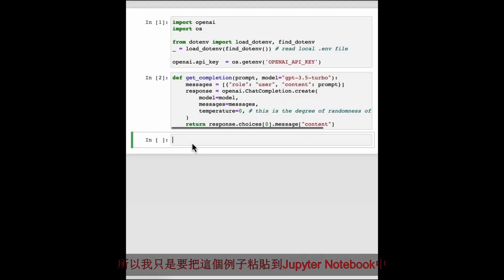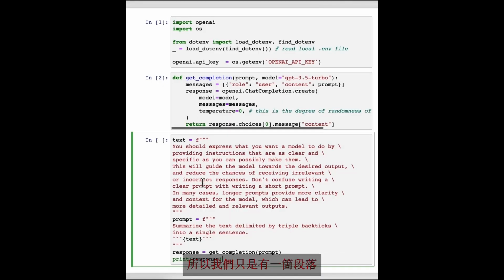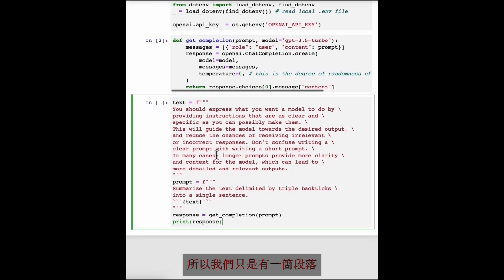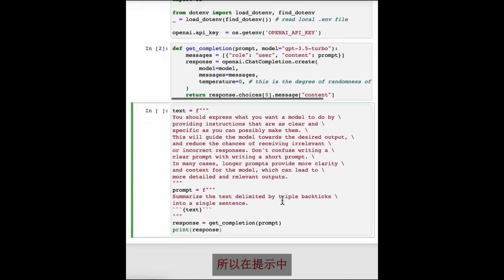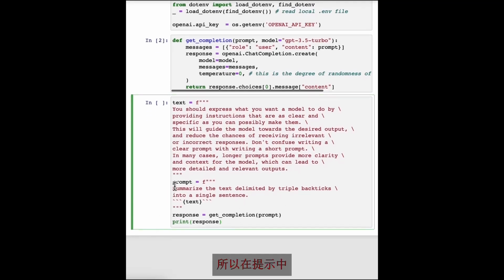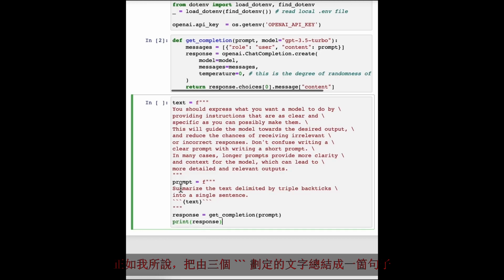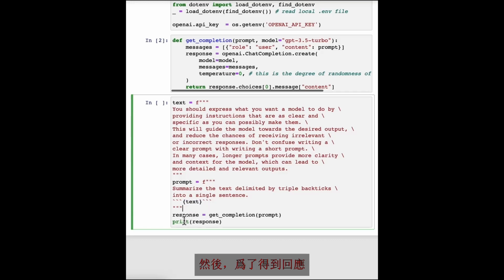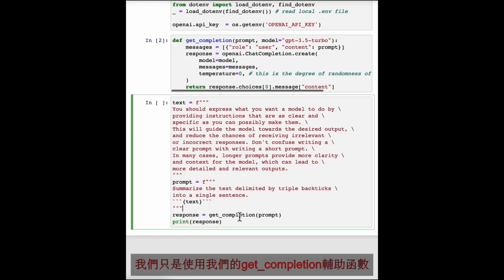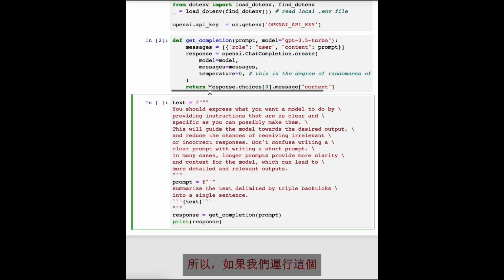So I'm just going to paste this example into the Jupyter Notebook. So we just have a paragraph, and the task we want to achieve is summarizing this paragraph. So in the prompt, I've said, summarize the text delimited by triple backticks into a single sentence. And then we have these triple backticks that are enclosing the text. And then to get the response, we're just using our get_completion helper function, and then we're just printing the response. So if we run this,